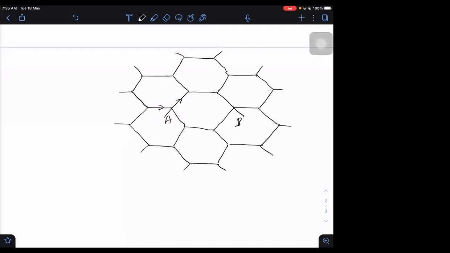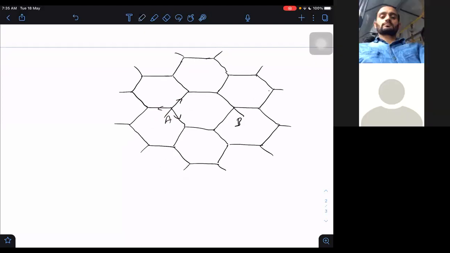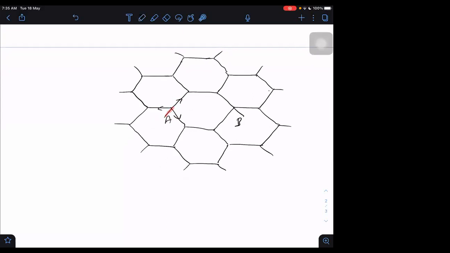I by 3, I by 3. How will it go from A? I by 3, I by 3. First, while we are sending the current from A, we are assuming as if B is not even present. It is going from A up to infinity. Then I by 3, finally it will divide into, how will it divide? I by 6, I by 6, I by 6, I by 6, and it is I by 3.